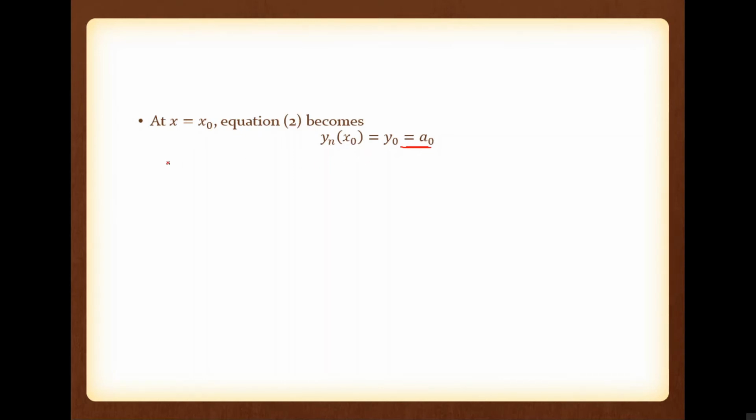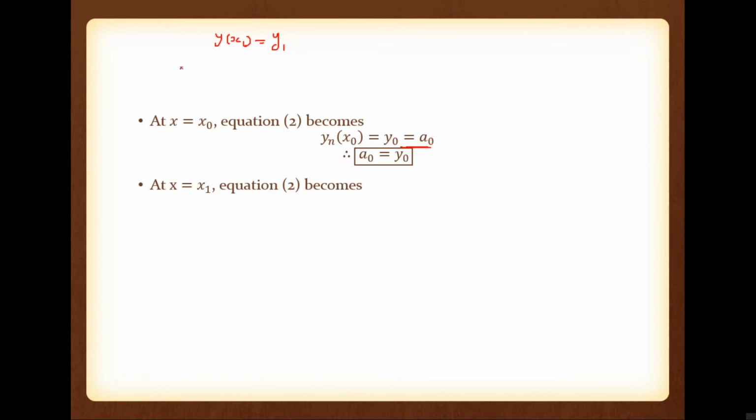Now this is one important thing: a0 equal to y0. Now at x equal to x1, what does equation 2 become? Please note, at x equal to x1, what is the value of y of x1? y of x1 is y1, because one point is x1 comma y1, meaning corresponding to x1, y1 is the value of y of x. So y of x1 equals y1.